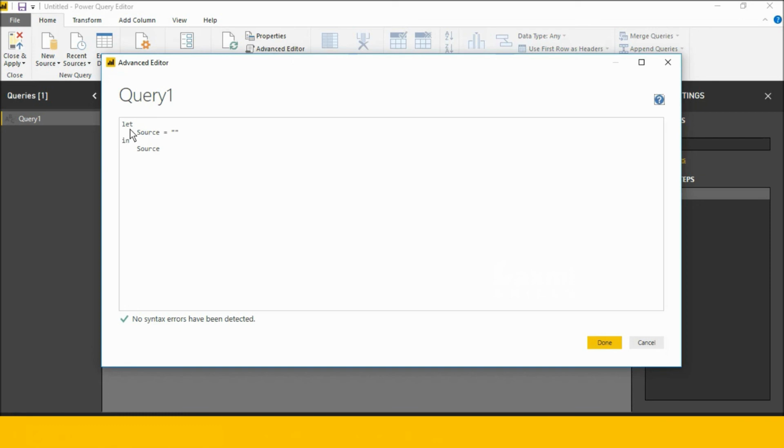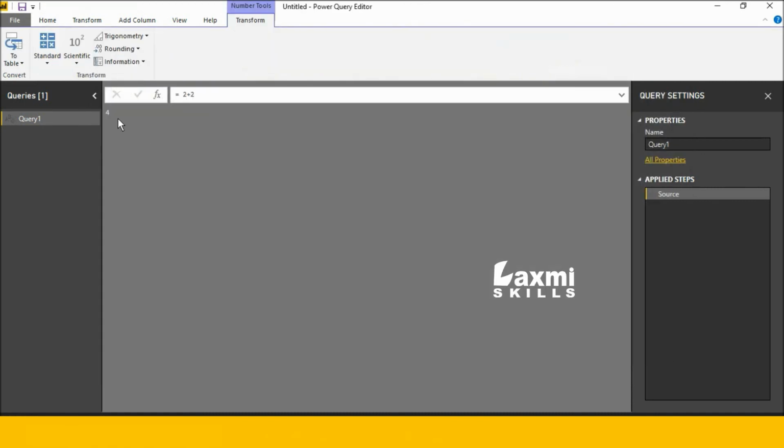Okay, see this here, this is let and this one is in and Source. Okay, now I'm typing 2 plus 2. Okay, when I click Done, see this here, it's automatically showing 4. Okay, this is